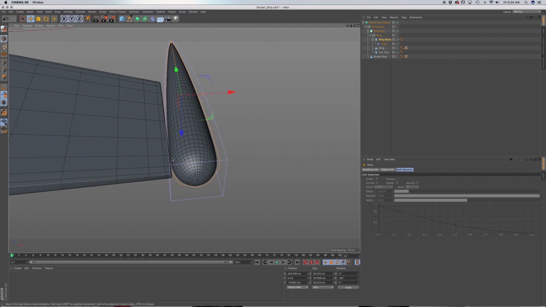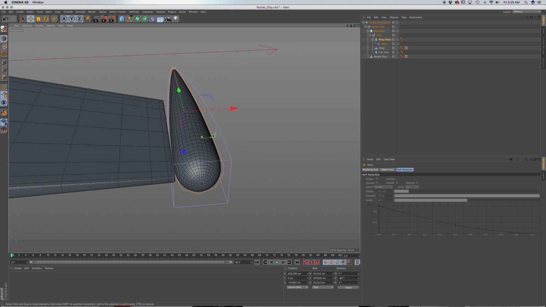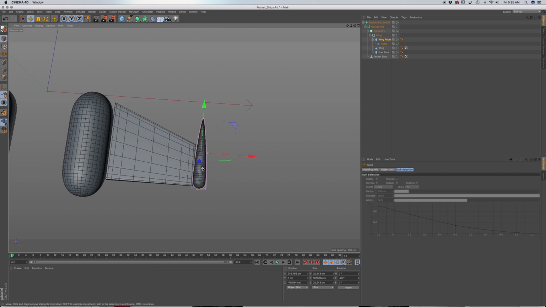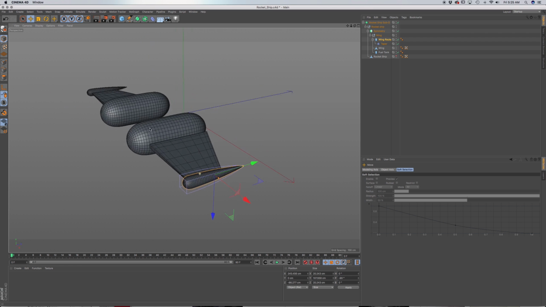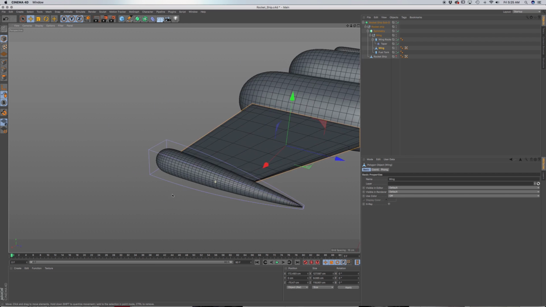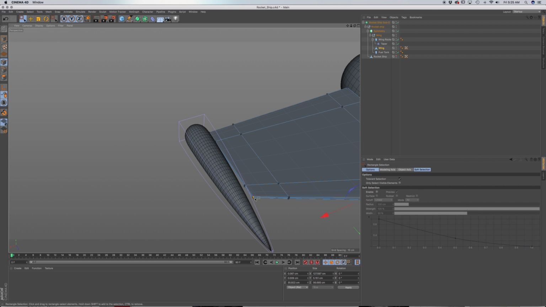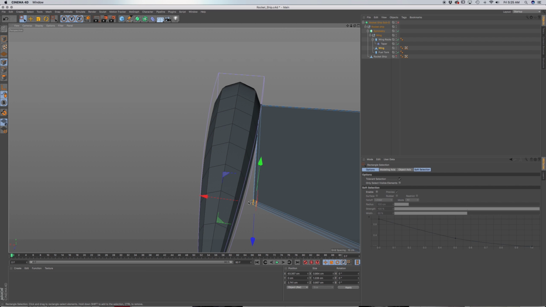And you can see what I mean by we'll have to resize the wing a little bit so it connects. And I want to pull this back a tad. Okay, and let's go back to the wing real quick. I just want to pull this in a bit. So I'm going to grab rectangle selection. Let's turn off sub D so I can see the points better. So I'm going to select all this cluster of points. And I just want to pull this